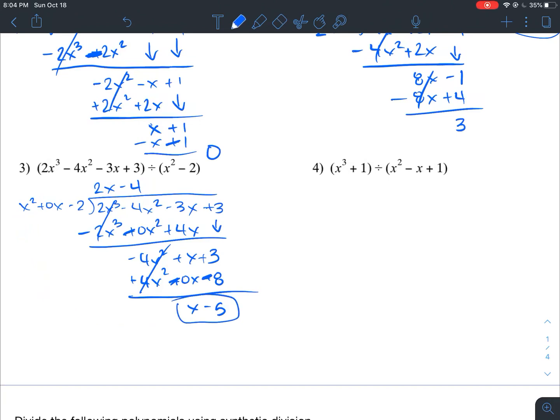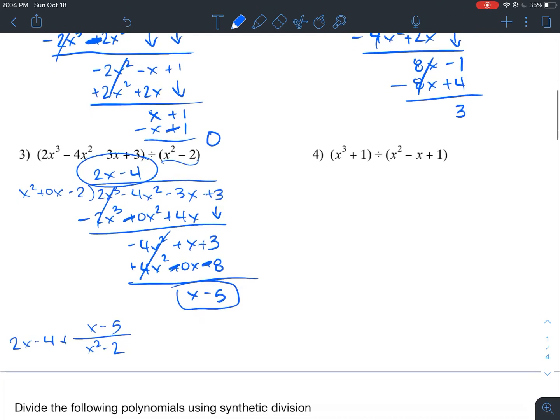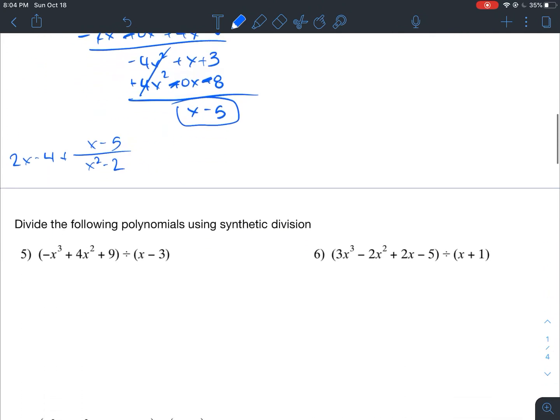So our answer would be 2x minus 4. And then to write our remainder, it'd be plus x minus 5 divided by x squared minus 2. Which is what this is right here. Okay, you can try number 4 on your own for extra practice, but now we're going to move on to